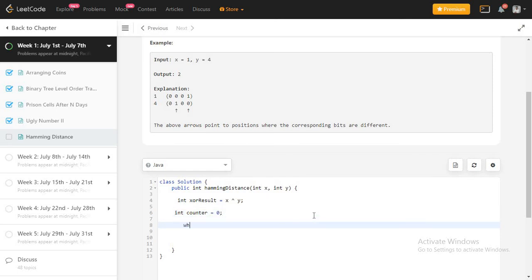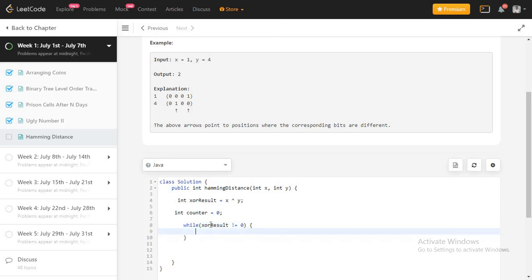Counter should be initially 0. Then I need to check that my XOR result, whatever this variable, should not be equal to 0, right? If it is 0, I am done. I will stop iterating and I am going to return the result, right?